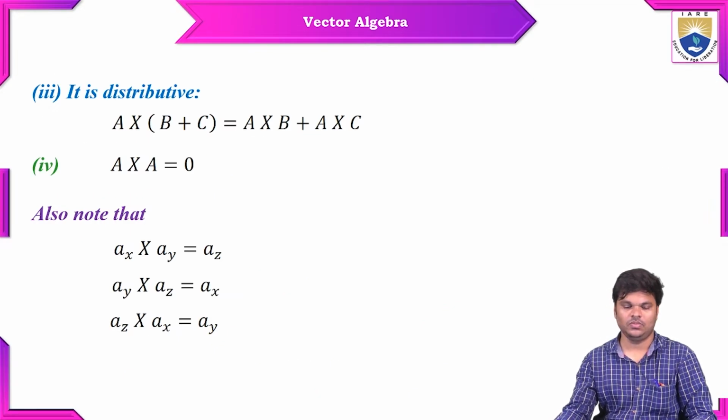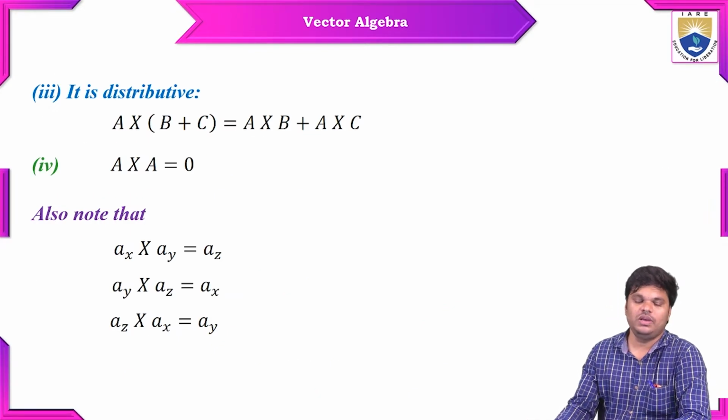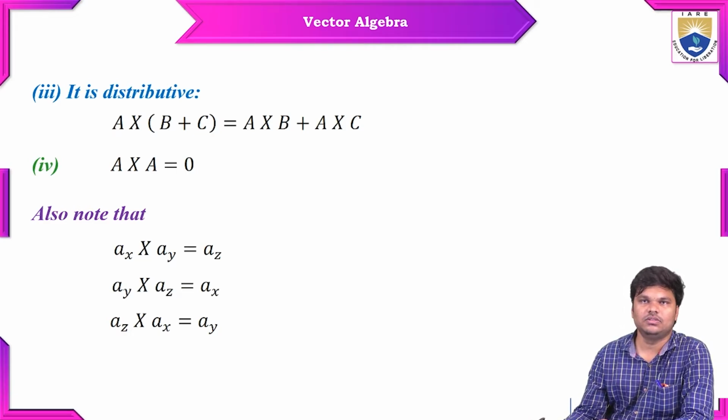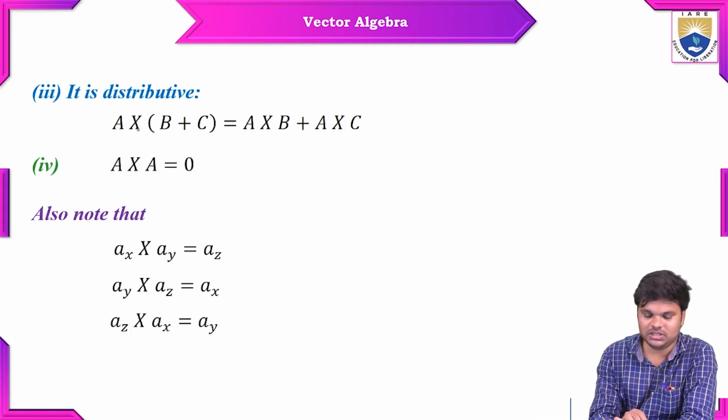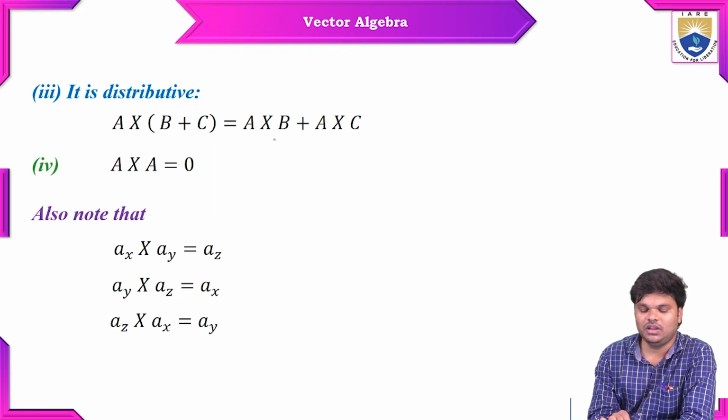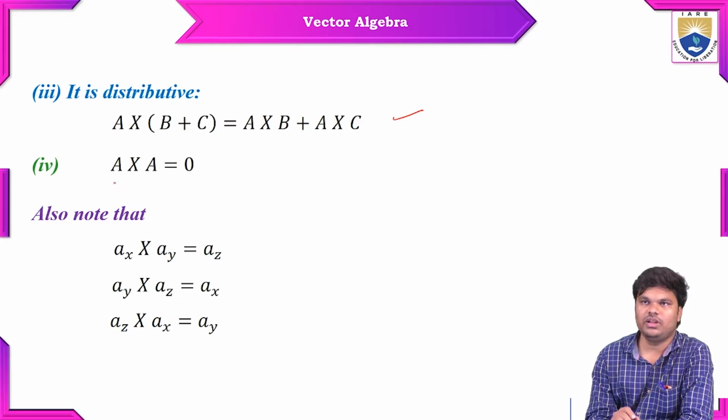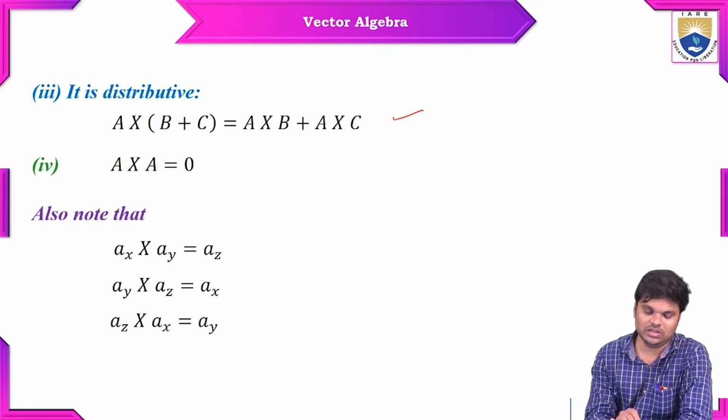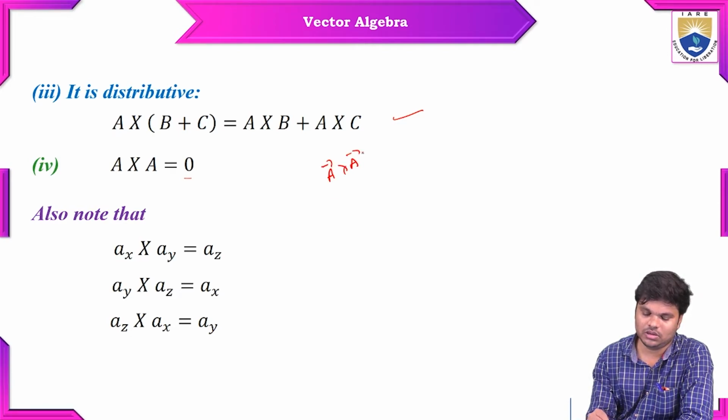However, it obeys the distributive property, right? That means A cross of B plus C is nothing but A cross B plus A cross C. And what is the result of A cross A? If we take the cross product of two vectors, the result is 0 because A cross A is nothing but